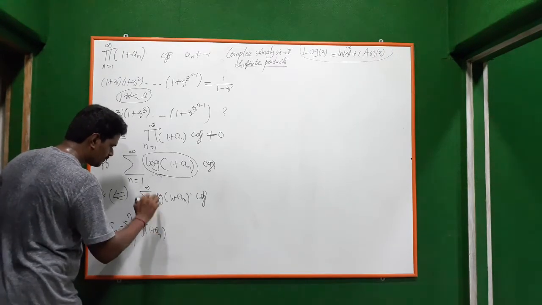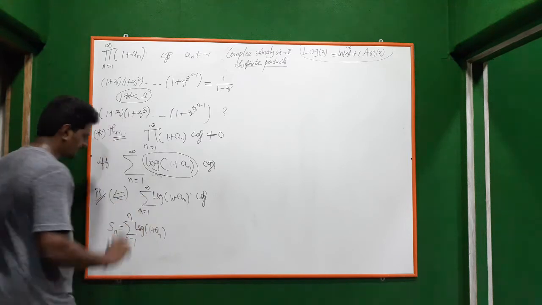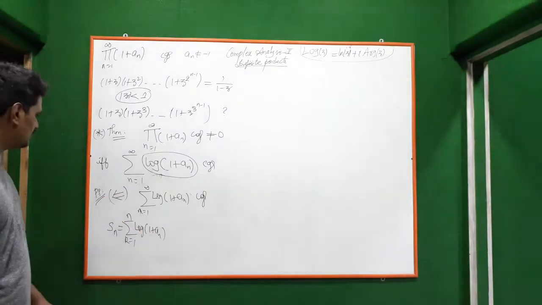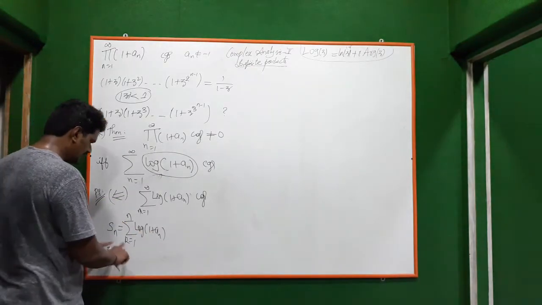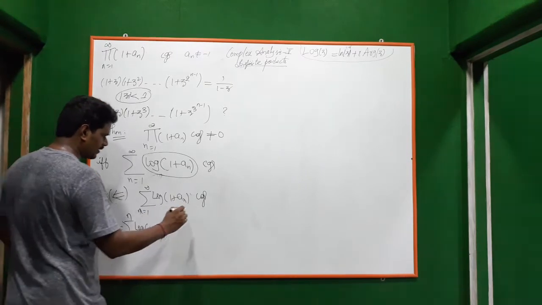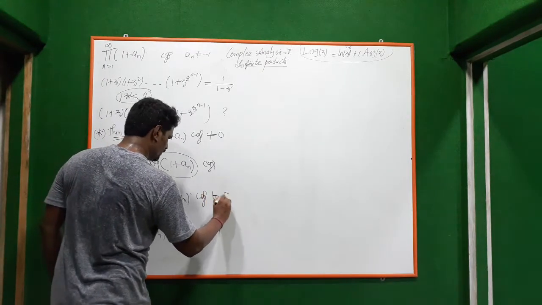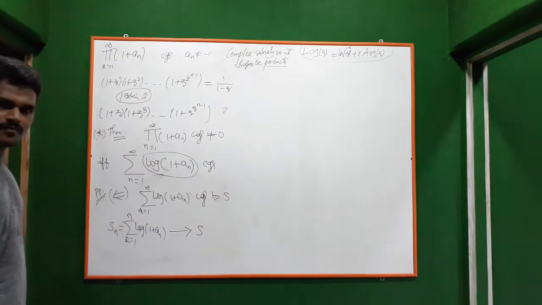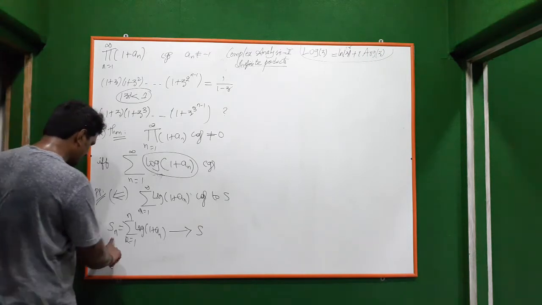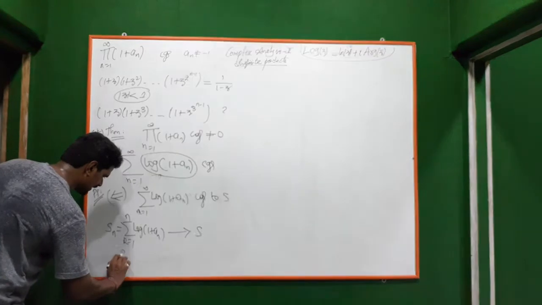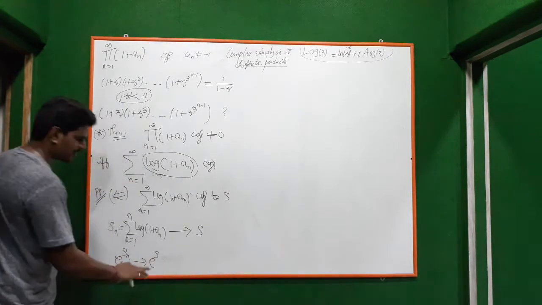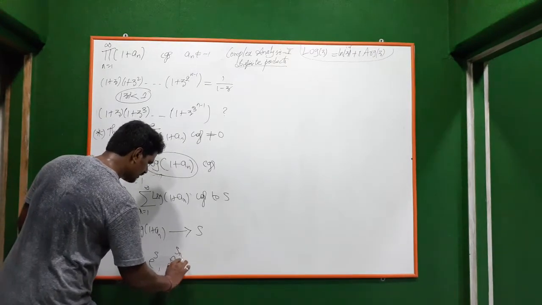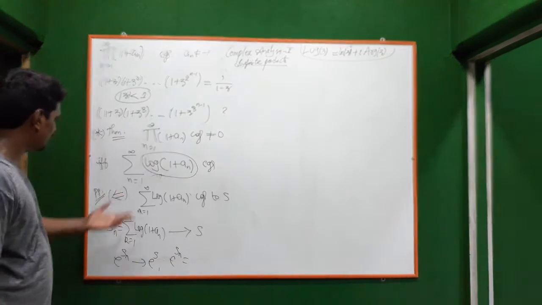Now here we can take this log. Instead of proving with this logarithm, we will prove with this logarithm everywhere from now on. So Sn is the partial sum sequence of this. If this converges to some s, then e power Sn will converge to e power s, because the exponential function is a continuous function. But what is e power Sn? If we find what e power Sn is, then this convergence will be trivial.